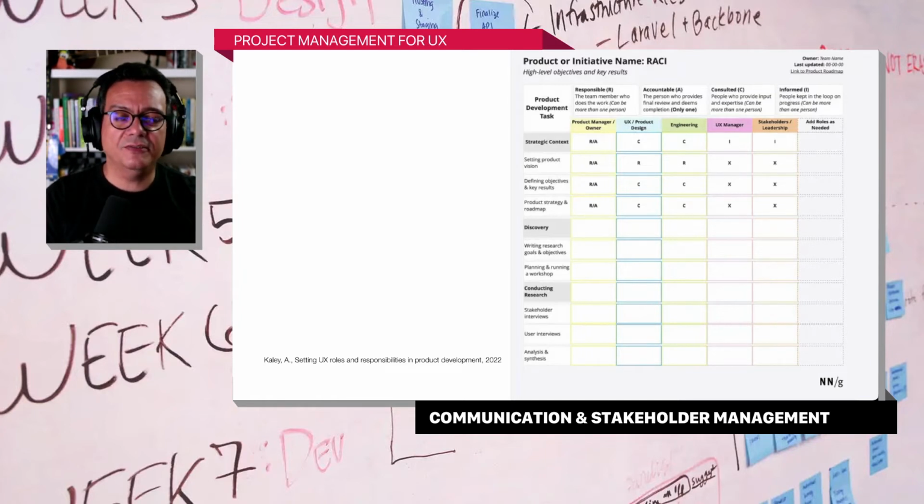It's not like the VP of design might have an influence over that, right? Let's say he or she has to defer to the team that is implementing, right? So